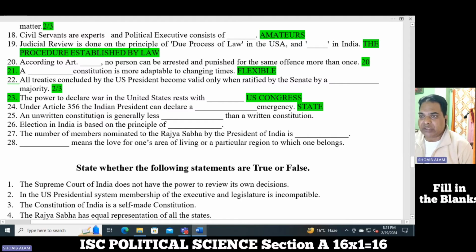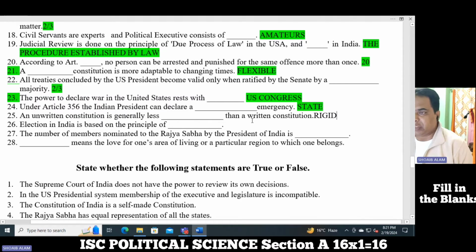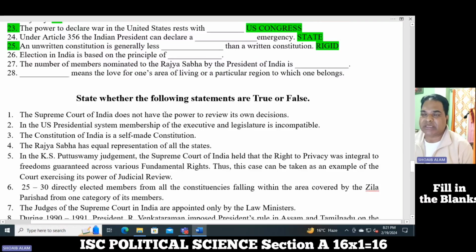An unwritten constitution is generally less dash than written constitution. Unwritten constitution is generally less rigid. Okay, unwritten constitution is generally less rigid than the written constitution. Okay, now number 26. Election in India is based on the principle of